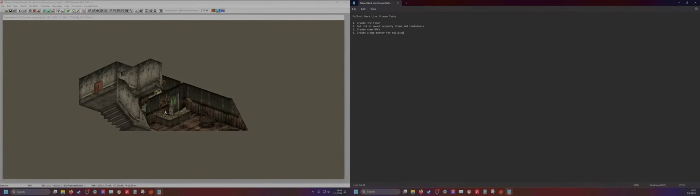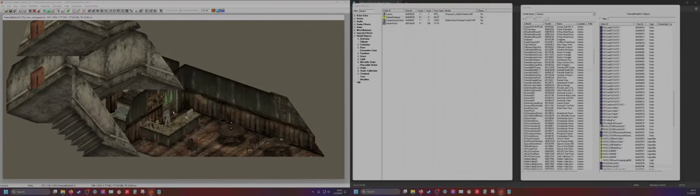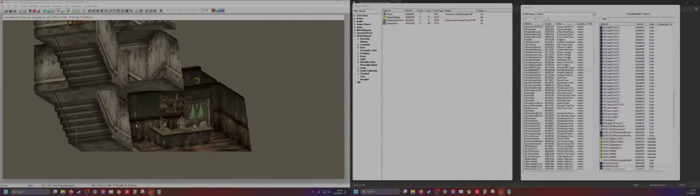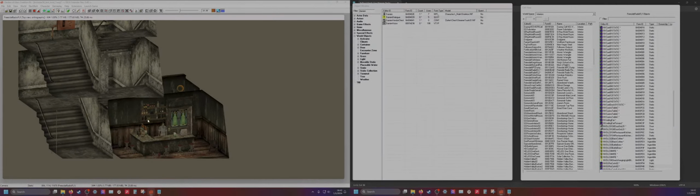Alright, so checking our tasks. I wanted to create the third floor. Okay. So, yeah, since I don't remember how to do much of the NPC dialogue stuff, I guess it'd be a good idea to just focus on some world building. So let's hit F5, reload this. Why does it look like that? That's... oh. It's like occluded for some... Yeah, what is going on with that? Well, anyway,